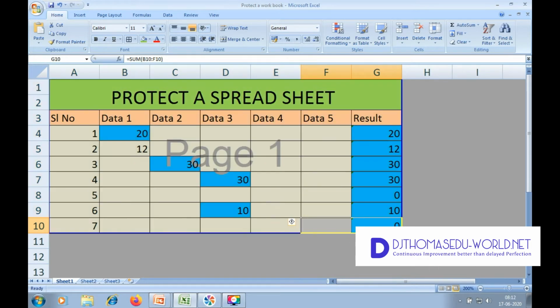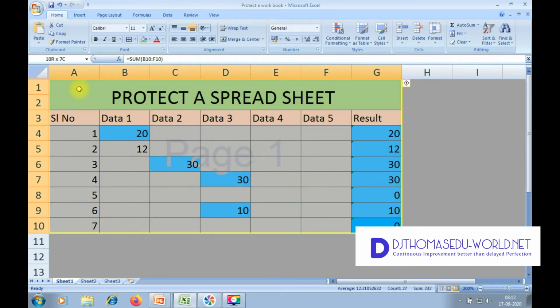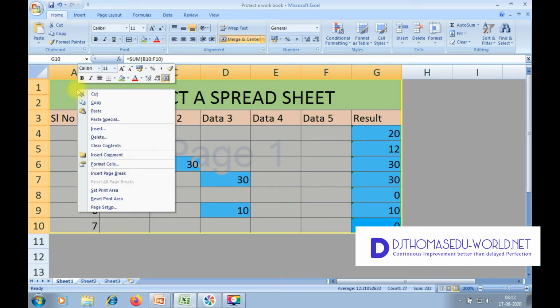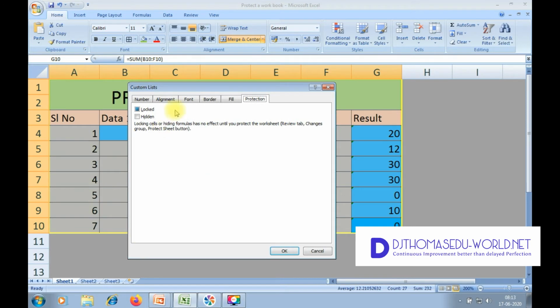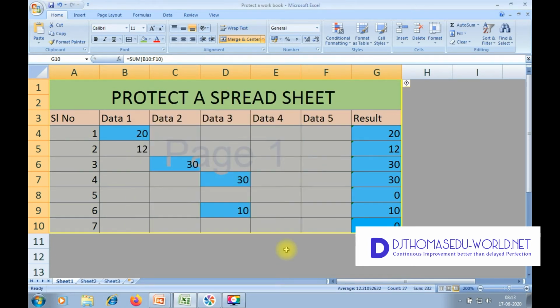Before that, please select the complete range of data, right click, and go for format cells. In this window, you have to go to the protection tab. Make sure this lock is given a tick mark, that is checked, and give OK. Now